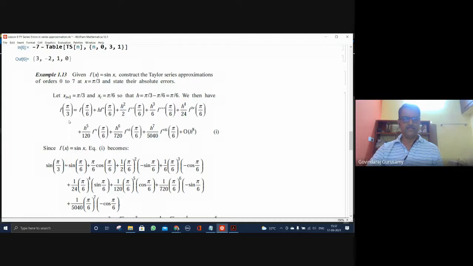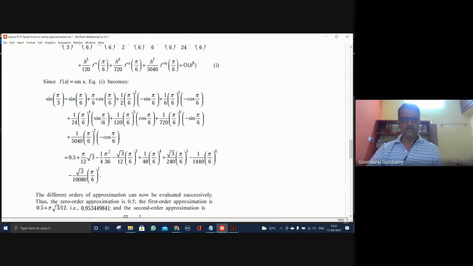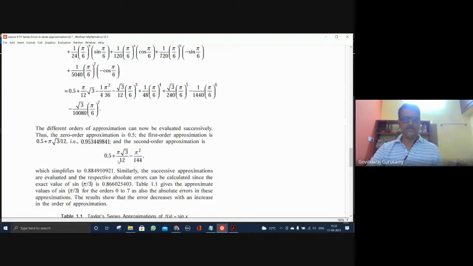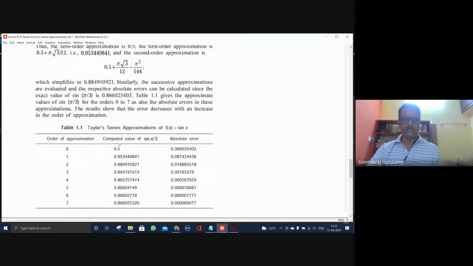So replace this f by sine of x. Now you can calculate all the numbers here. Numerically one can evaluate, and then you can see the 0th order, first order, one by one, that can be generated. If you start doing that, these are the numbers you will get. Finally, it converges up to 7, and the error already has 8 decimals, 1, 2, 3, 4, 5, 6, 7, 8. Accuracy has reached here by 7 orders.